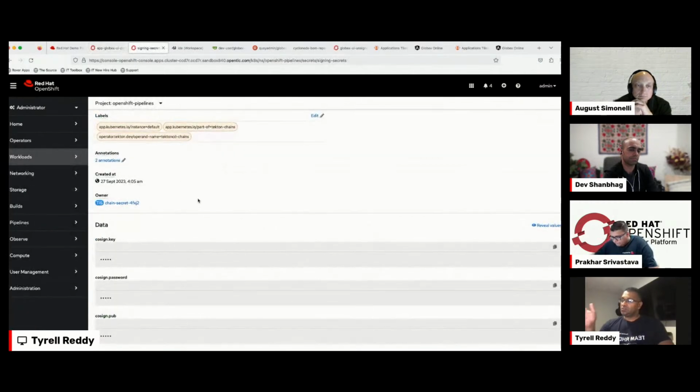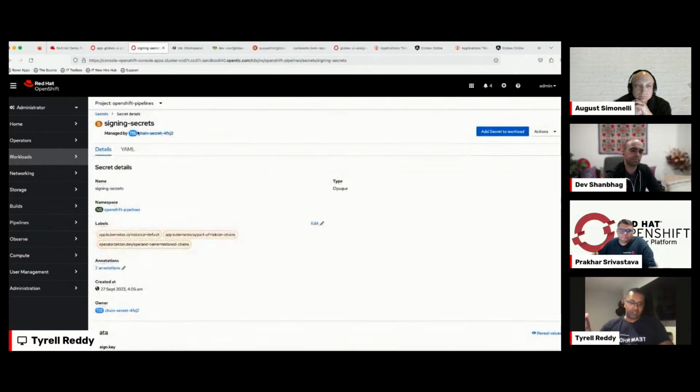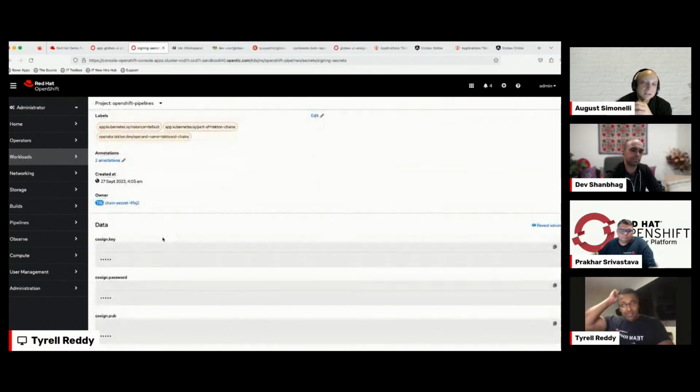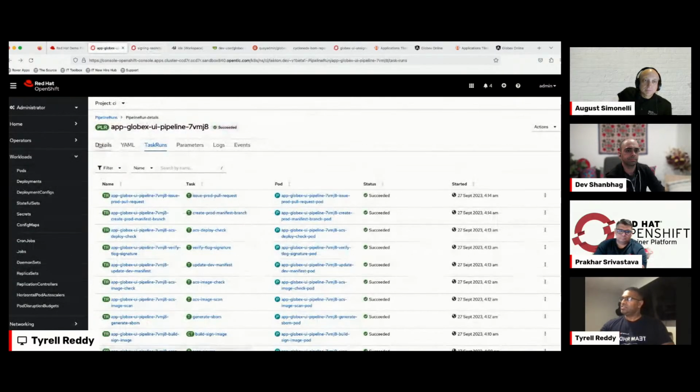So Tekton Chains will look into the OpenShift pipelines namespace and look for a secret called signing secrets, right? This signing secret has a cosign key, so it's used to sign our image, along with the password, right? And then it also generates a public key for us so that we can verify that image. So if you see later on in the pipeline, we use the public key in ACS to verify our signature on our images. Okay. So let me just go back to the pipeline.